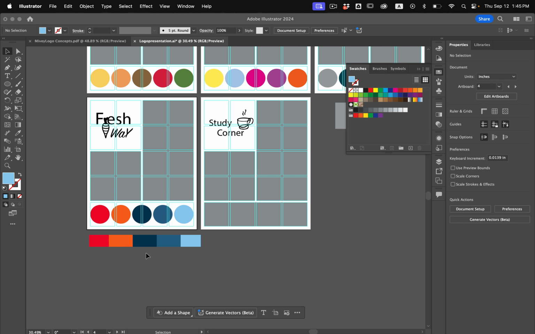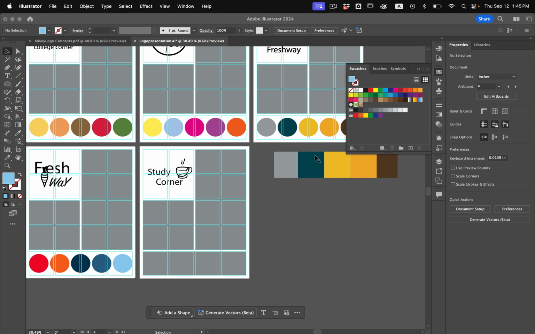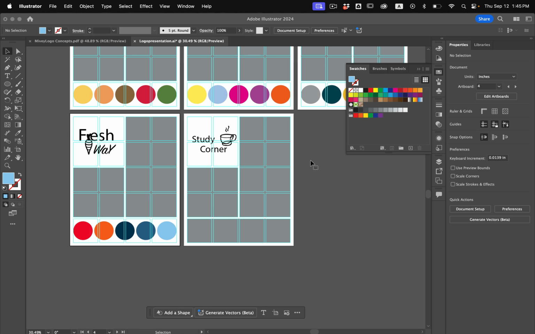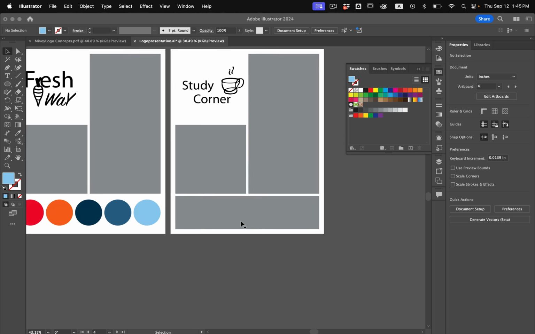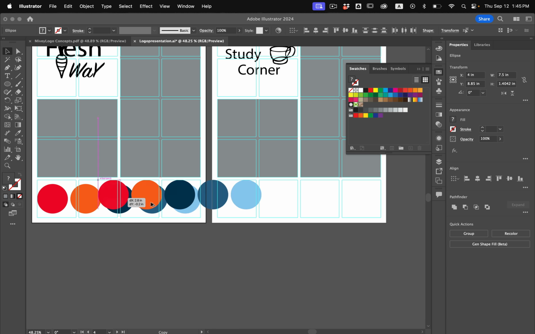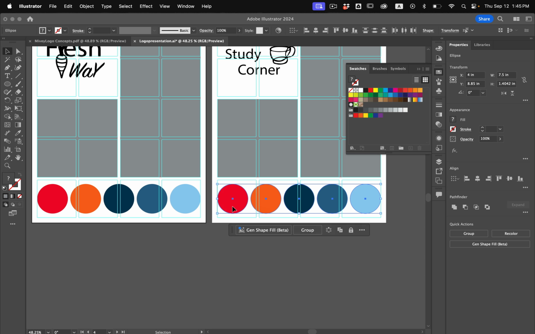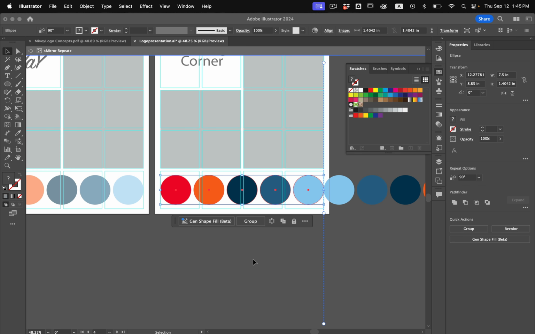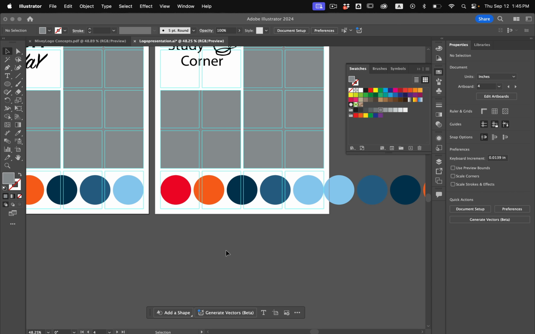With that done, we can get rid of the swatch and we're good to go. Again, these swatches don't have to be circles. It's just a fun way of laying it out. A final quick way that you can quickly generate different color swatches is by using the AI's generative or recolor